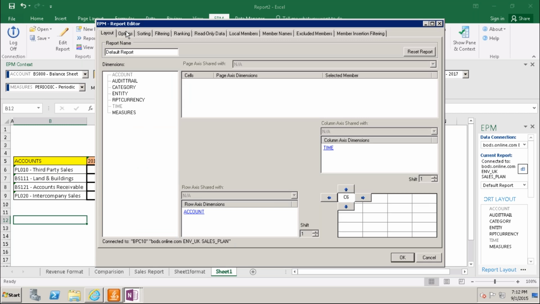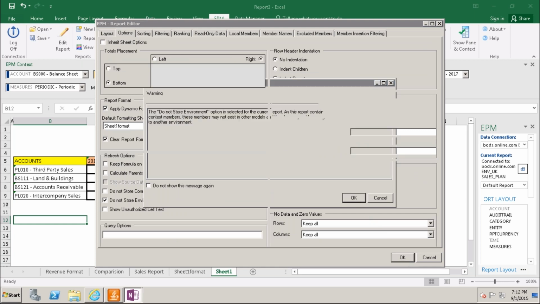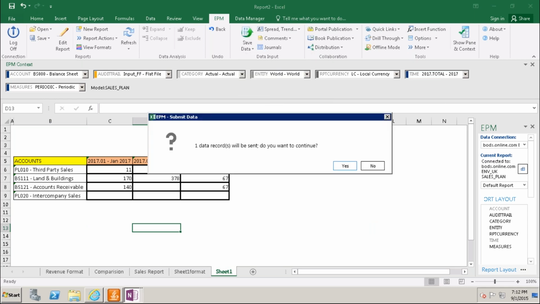Go here, options, as input, check this checkbox, 11, save. So please observe that in the edit report we must check as input form so that it will enable for you.